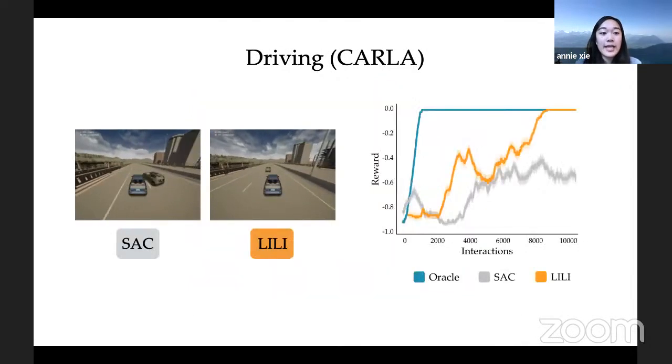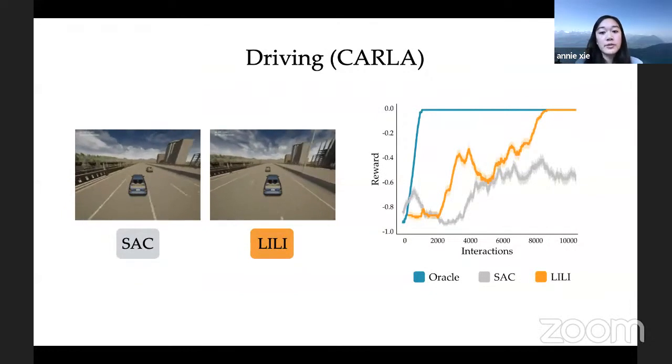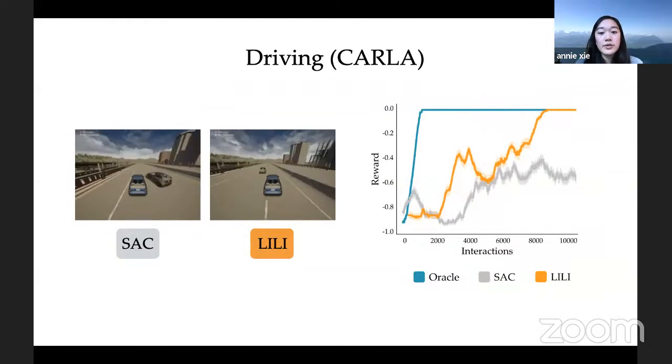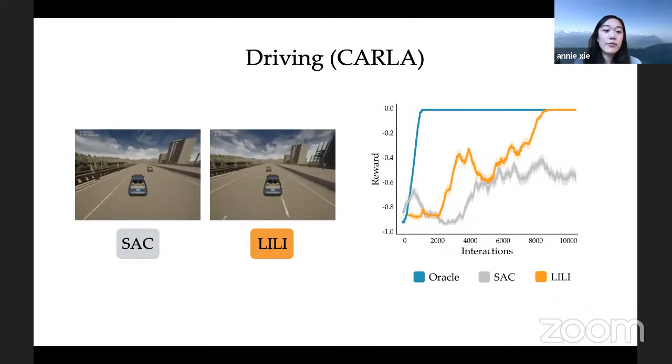The converged soft actor critic agent changes to the left lane in every interaction, even when the other agent moves to the left lane too. And this results in near collisions. On the other hand, LILI correctly anticipates the lane that the other agent will switch to, and it'll switch to the opposite lane accordingly. And because the strategies in this setting are equally rewarding to the ego agent, here LILI without influence results in the same performance as LILI with influence.